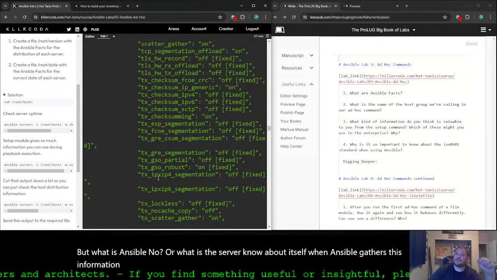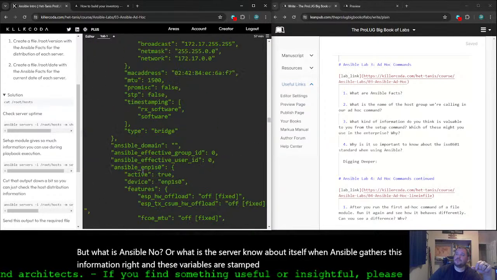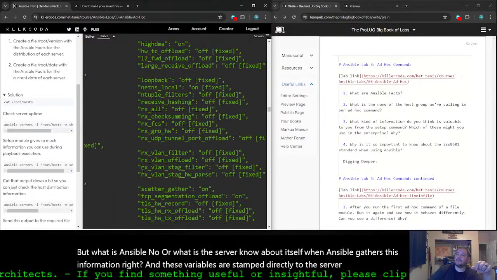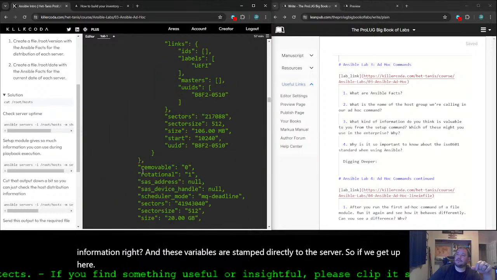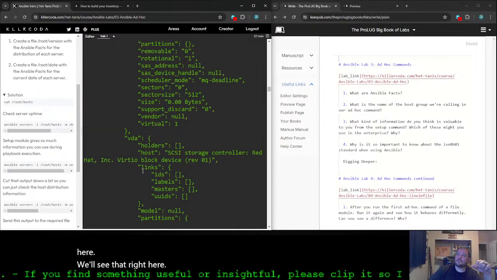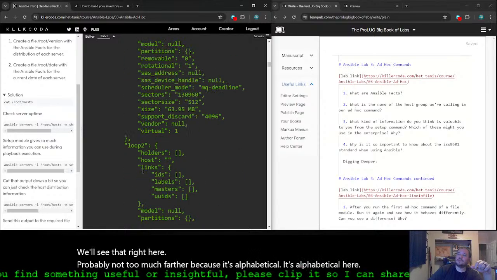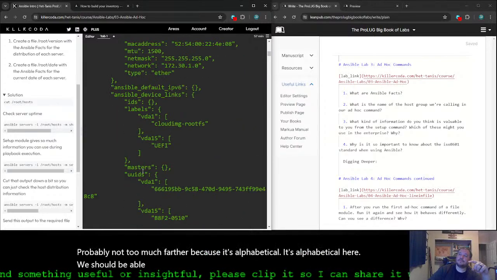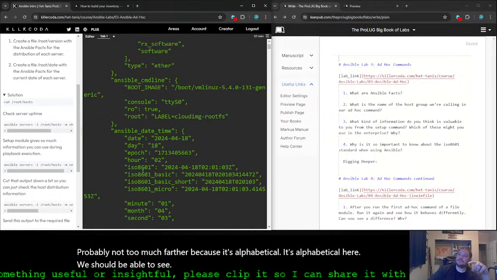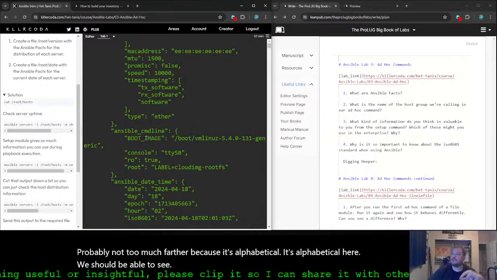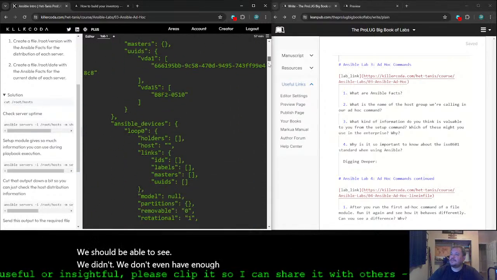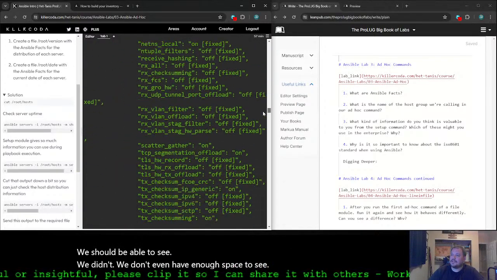And these variables are stamped directly to the server. So if we get up here, we'll see that right here. Probably not too much farther because it's alphabetical. We don't even have enough space to see that it's the second node.